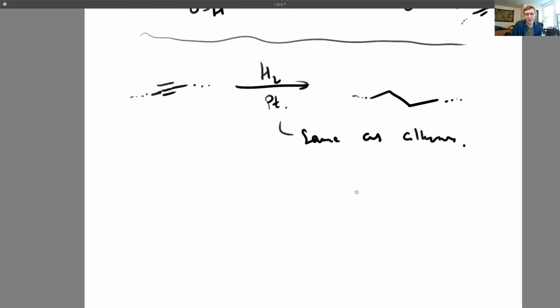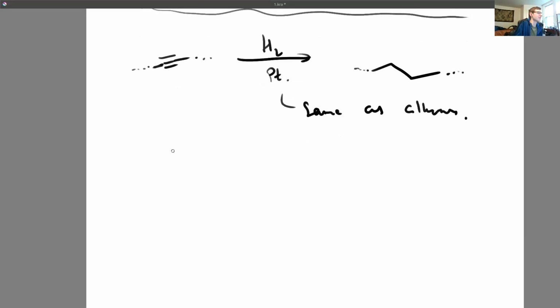But that's not really great, because we just spent all this time last week talking about so many reactions that you could do with alkenes, right? So these alkynes are fine, but we can't use them to make an alcohol, for example, or to selectively put on a bromine at one spot, or whatever other host of reactions we just talked about. So it would be very nice, and in fact it is possible,